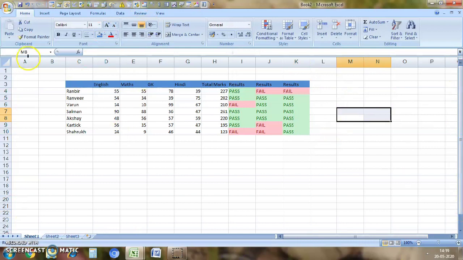Now you can just see this video, and in the description box below I have written the formulas, so you can see them there, and it's very easy. This should be greater than this, and we can use only one logical test and the value if true and the value if false. In the AND formula both conditions should meet, or else that person is fail. And in the OR one only one condition should meet, but in Ranveer's case the condition did not meet, so he is fail.